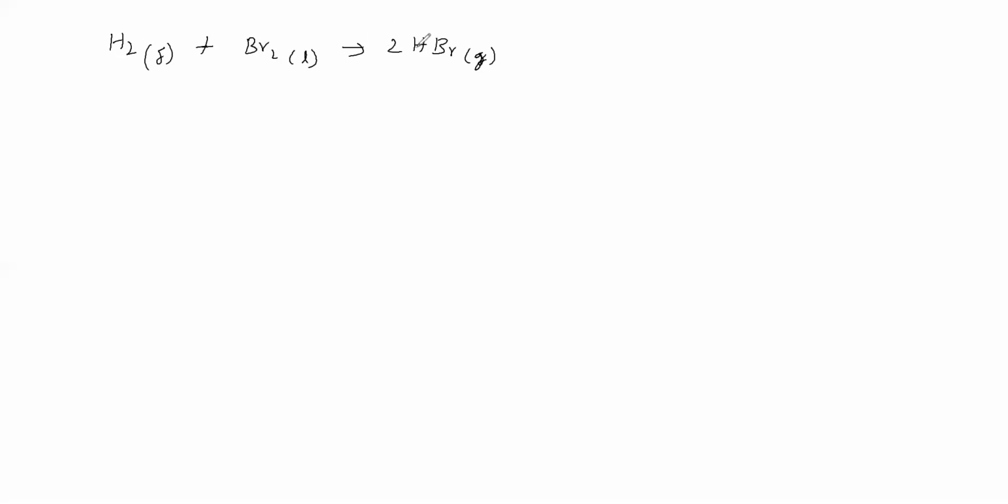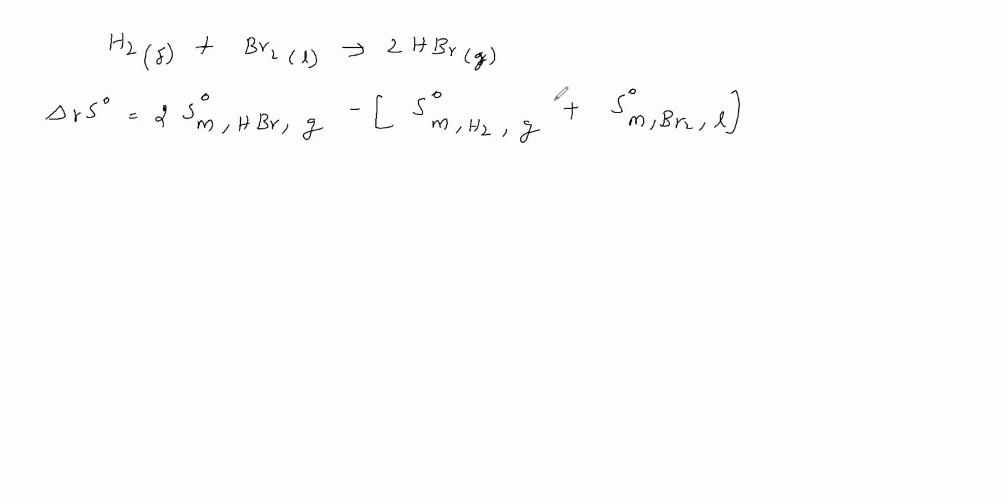For that, how to write the standard entropy of reaction? The standard entropy of reaction is equal to the standard entropy of products, that is HBr. So the standard molar entropy of HBr in gaseous state, how many moles, 2 moles. That 2 moles we will write, minus the standard molar entropy of H2 gas plus the standard molar entropy of bromine liquid. Bromine liquid we have written. Now